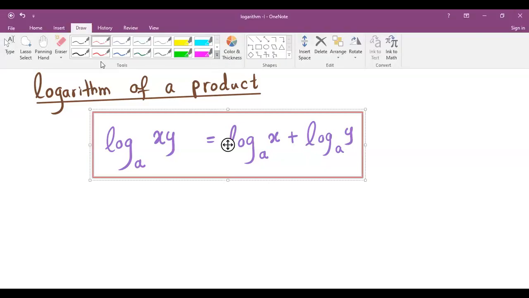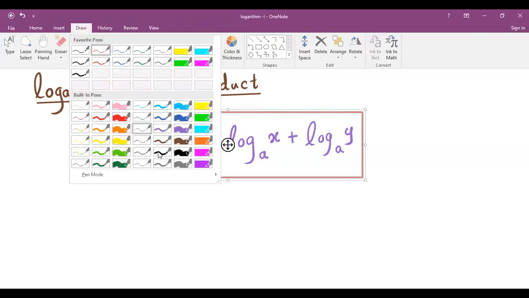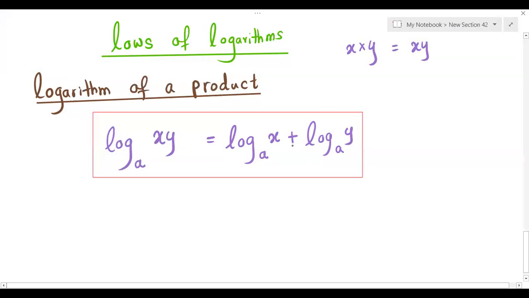And also this can be considered for the other side also. That means if it is given that logarithm of x to the base a added to logarithm of y to the base a, then it can be expressed in this way. Okay. Then for an example,